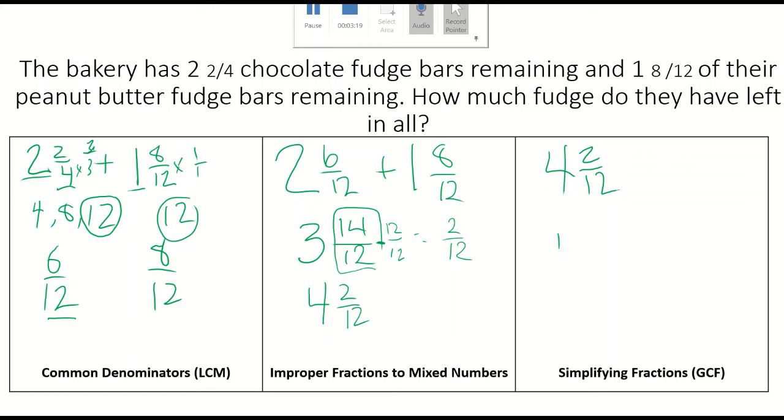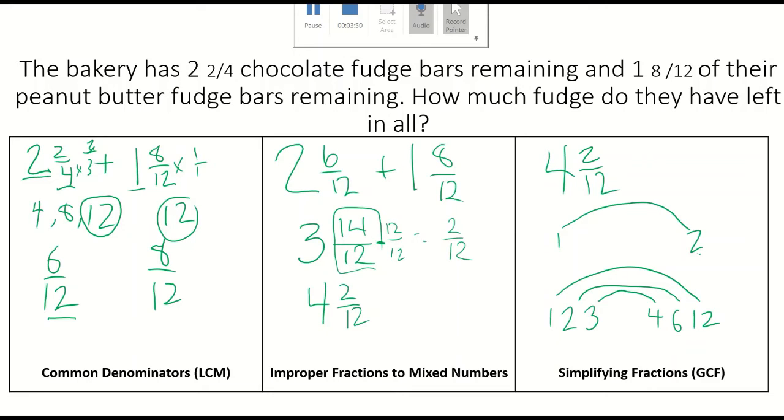So if we're looking at 2, we're going to do the factor rainbow and say 1 times 2 is 2. Now, if we try 2, that's already at this side, so we know that we're done. The only factors of 2 are 1 and 2. And then we're going to do 1 and 12. The next number is 2. 2 times 6 is 12. 3 is next. 3 times 4 is 12. If we tried 4, well, that's already at that end, which is a good clue for us that we're done